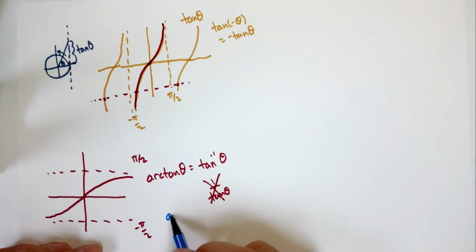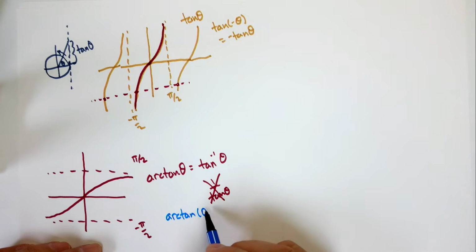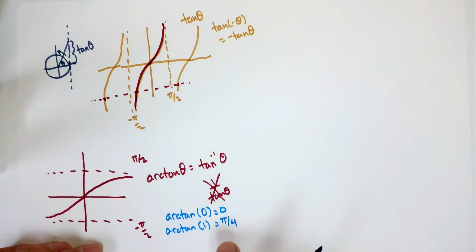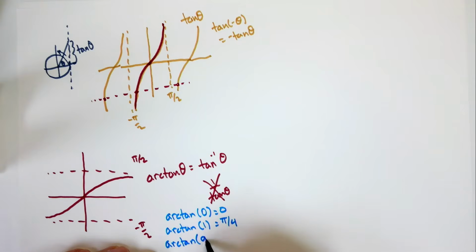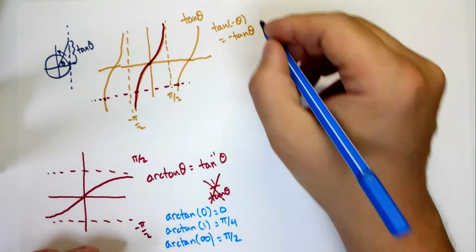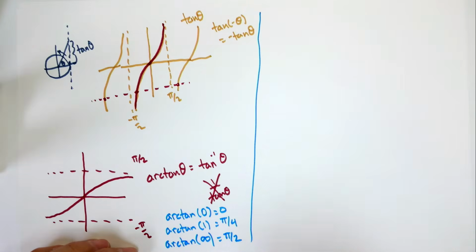We can also use some basic facts to say, look, arctangent of 0 is 0, and arctangent of 1 is pi fourths, which is just a way of saying if you take the tangent of pi fourths, you get back to 1. And in some sense, you can say arctangent of infinity, well, that's pi halves. In some sense, that's true. Beautiful function. I am sure we will run into that function many, many times in our journeys through